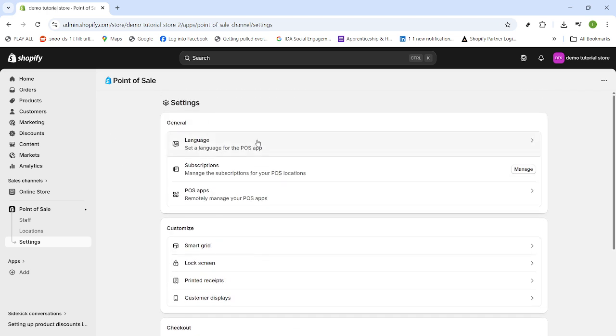That's it. You navigated to the POS sales channel, confirmed your app download path, selected the right location, reviewed cache tracking, checked staff and locations, and fine-tuned General, Customize, Checkout, and Orders. These settings sync to your POS devices and help create a